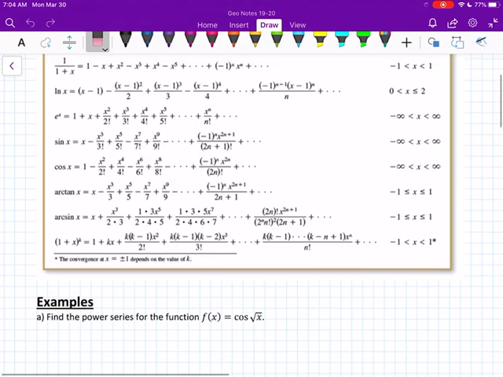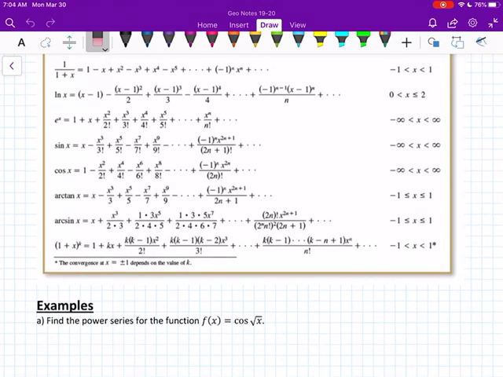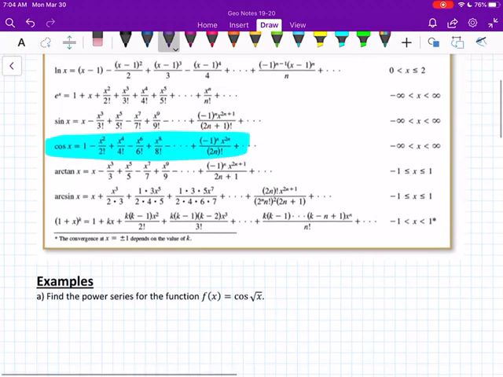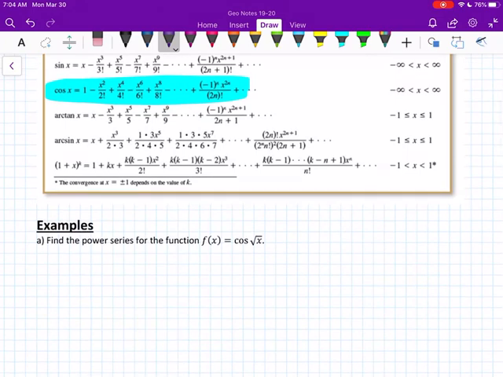So our first example is to find the power series for the function f of x equals cosine of square root of x. So I'm going to look to my cosine function here on my table, and that's what we're going to be using. So let's write that down. So cosine of x